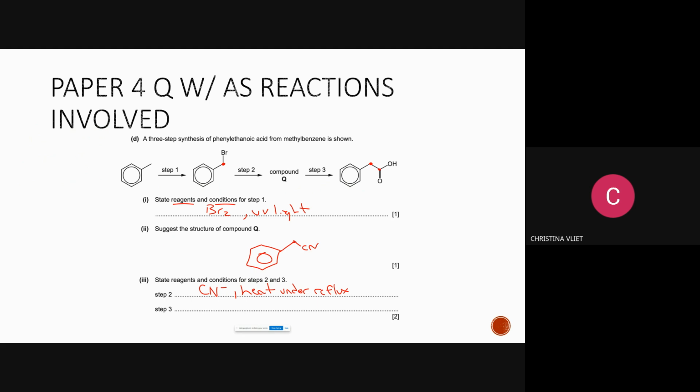So then step 3 would be what? To go from CN to COOH was a very specific reaction. You needed to use acid. And so what acid you chose doesn't matter. Some of you chose HNO3, H2SO4, HCl, or you just said acid. As long as you wrote any H+ strong acid and wrote heat under reflux, you would get the mark there. So this was 8 points on a paper 4